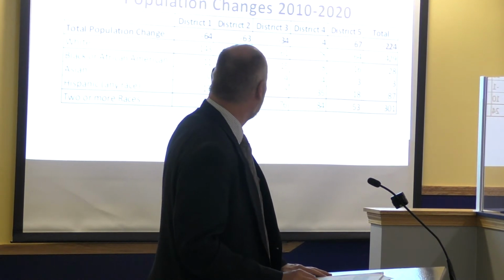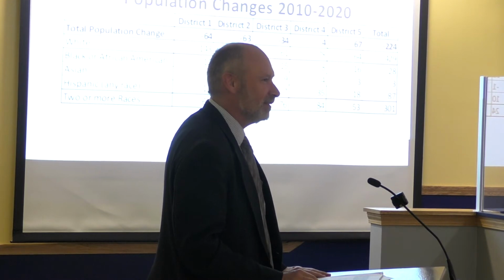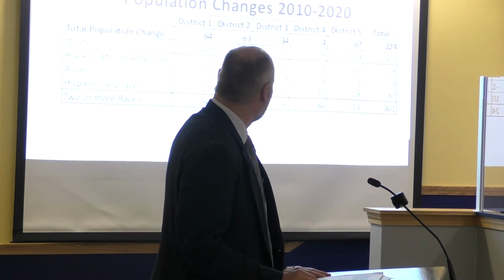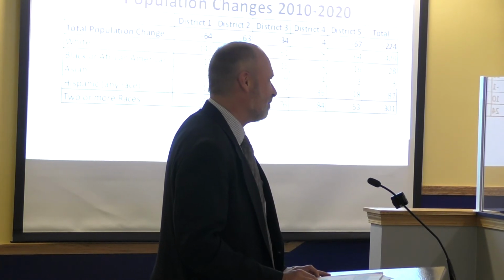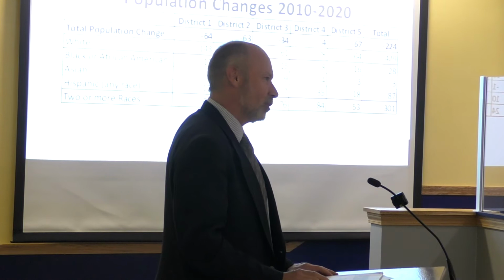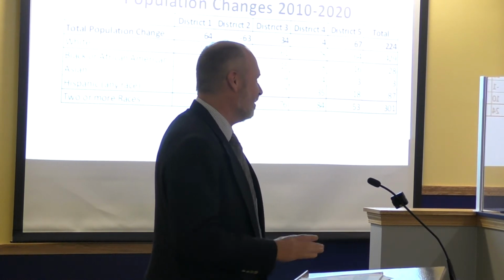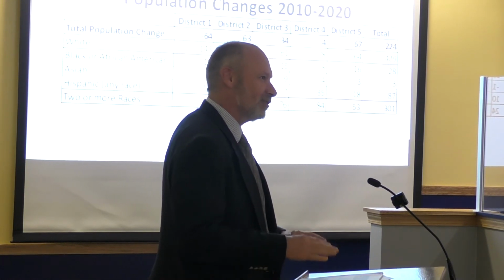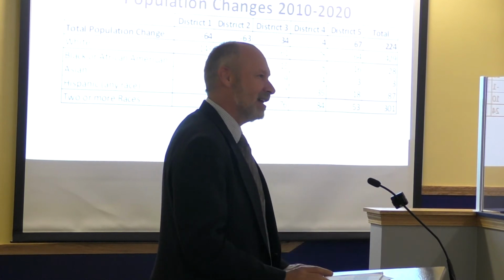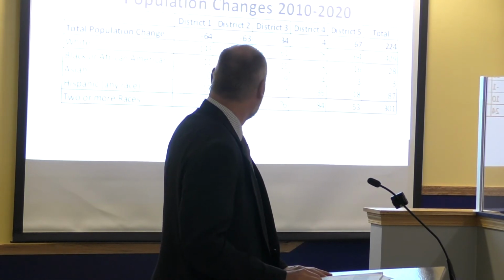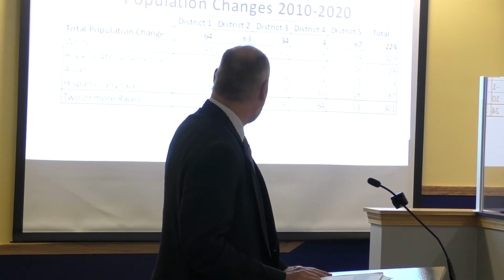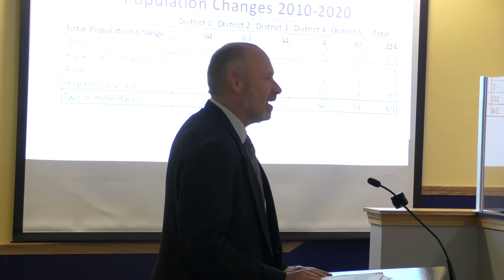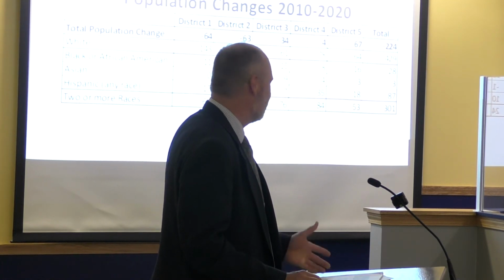So I just wanted to touch on the changes in the demographics of Covington from 2010 to 2020. All the districts except District 4 lost population. You'll notice that all the districts lost white population, and that's not unique. That happened across the United States in rural localities, and almost every jurisdiction in our service area, from Roanoke up to the Allegheny Highlands, lost white population. The Black or African American population stayed about the same, as did Asian. Hispanic increased by 87 people, so that was almost doubling.